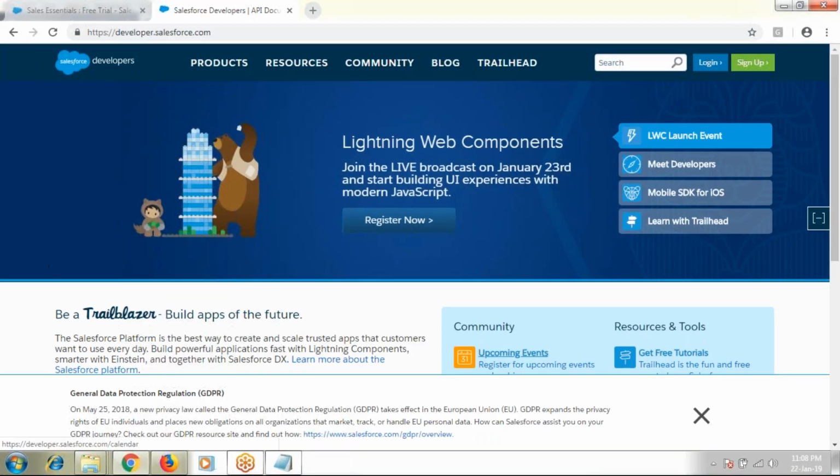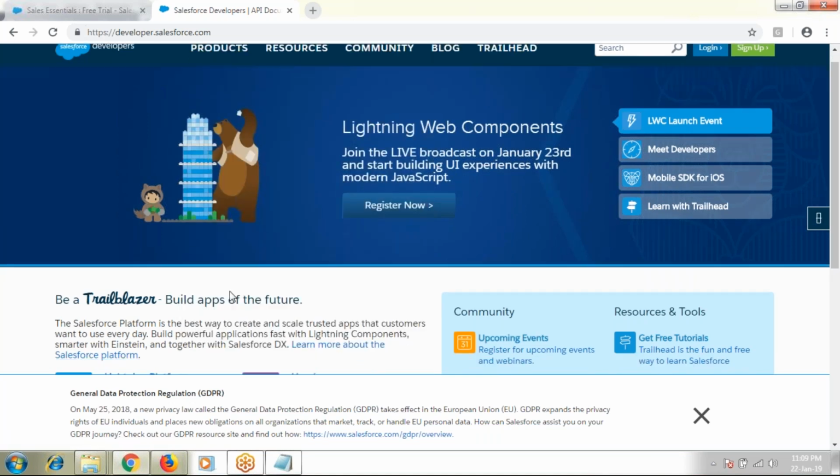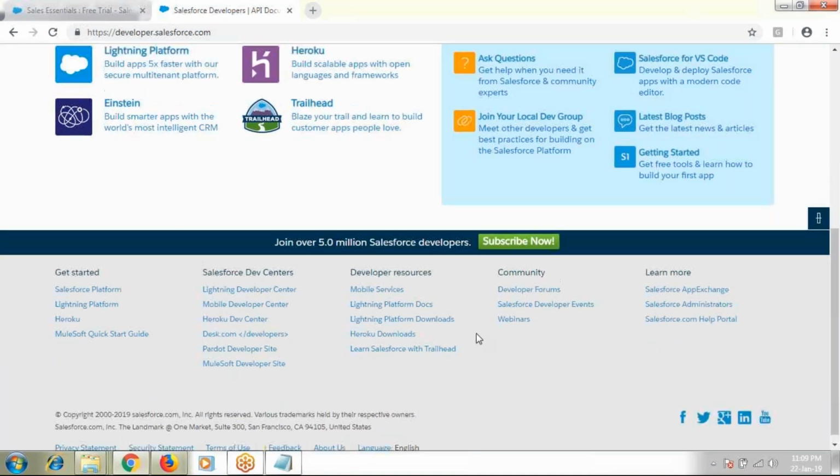This is also a place where you can see the complete resources, the complete products, and the complete information about Salesforce development. If you want to develop on the community cloud, marketing cloud, commerce cloud, sales cloud or service cloud, or if you are a developer who wants to integrate with third party environments like Heroku or any other big data or IoT, which is Internet of Things, all these development related documents and resources you can find at developer.salesforce.com.